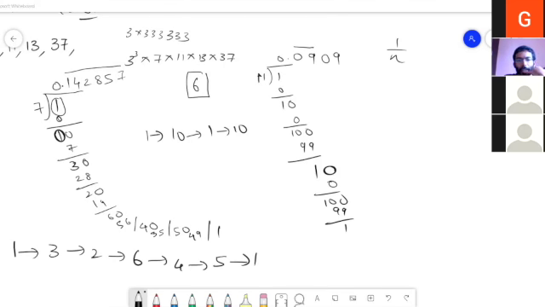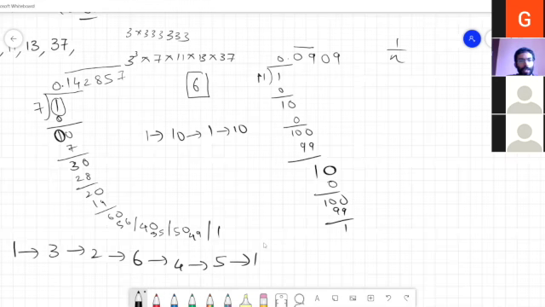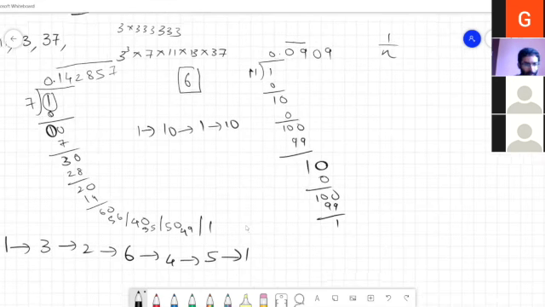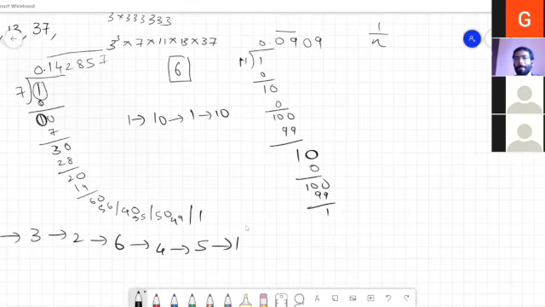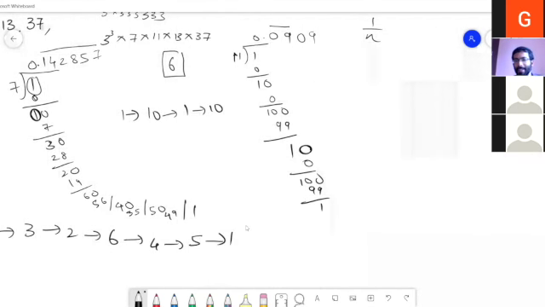Okay, right. So now I'll just show one more thing here. Every time the remainder comes to 1, it starts a new block. Exactly. So now we saw that 1 by 7 is a cyclic number. So 1 by 7 generates a cyclic number, right? So for 1 by n, what should the block length be for this to generate a cyclic number?